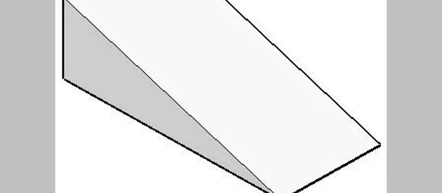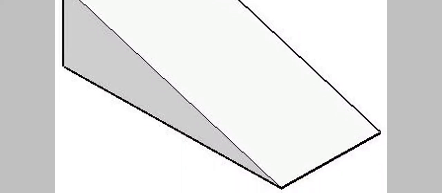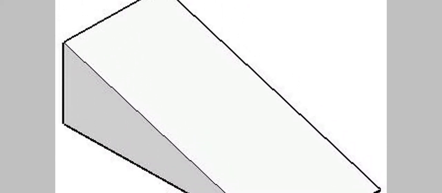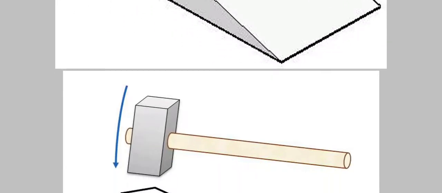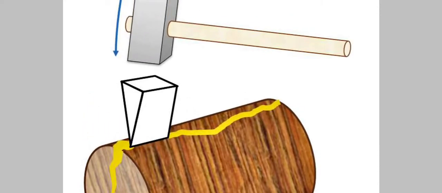See, this is the simple figure of the wedge. In the front it is sharp, and at the back side it is blunt. Like this, if they want to cut anything, they keep this wedge, and with the help of a hammer they will cut this big log into two pieces. So this is the example of the wedge.